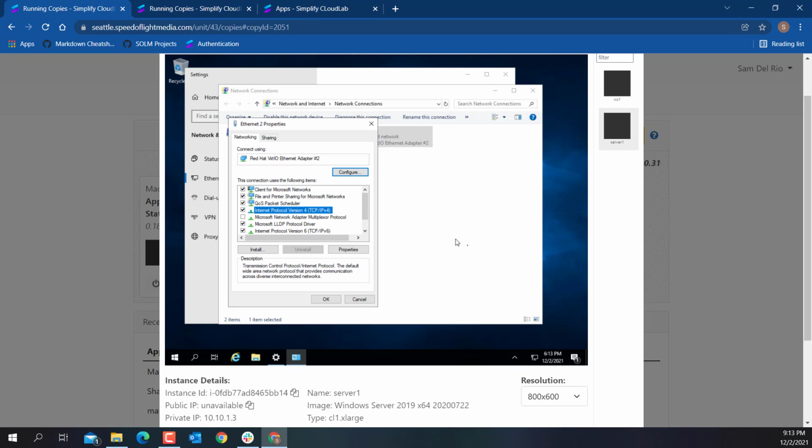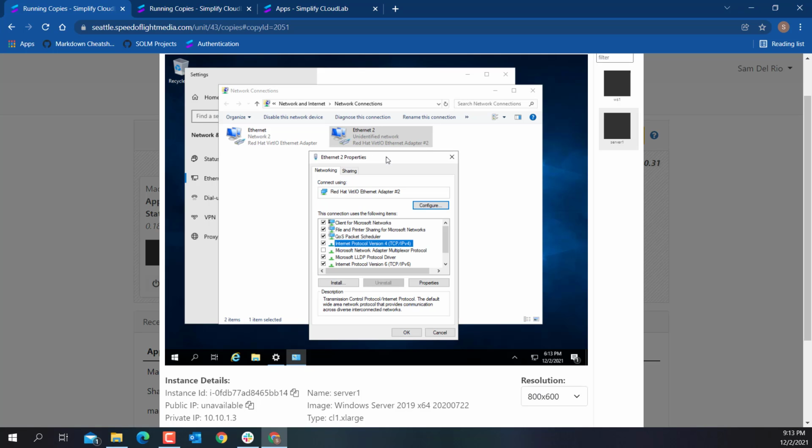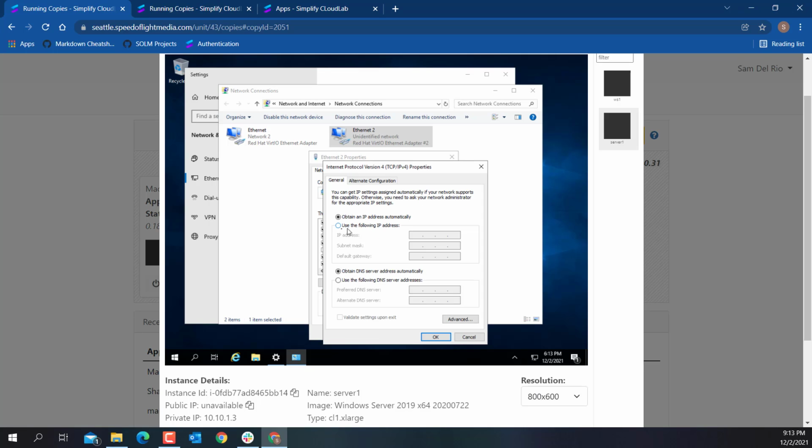Now in each copy, I need to go in and update what is going to be the second NIC. It'll be listed more than likely as Ethernet 2. And we're going to update the Internet Protocol version 4, IPv4, properties. So we're going to say use the following IP. And we can use any IP structure that we want. So I'm going to use